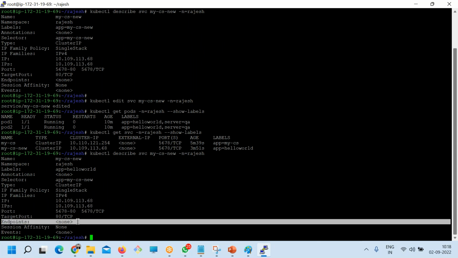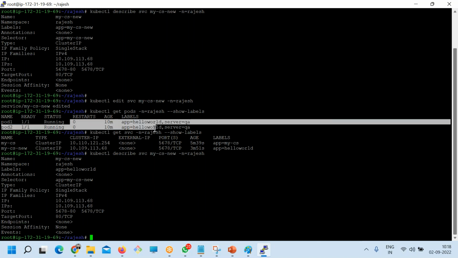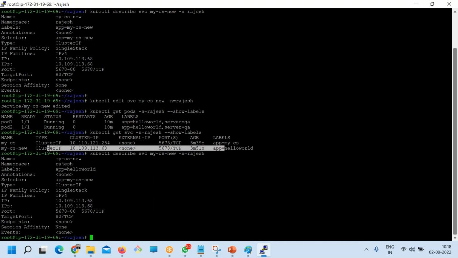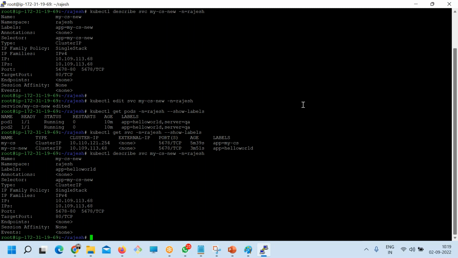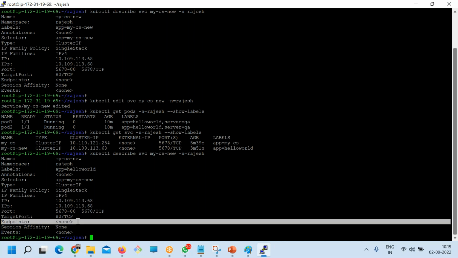So here the service labels are matching the two pods, and this is the one. So here endpoints you have 0. Hello. So the endpoint is coming as nothing.